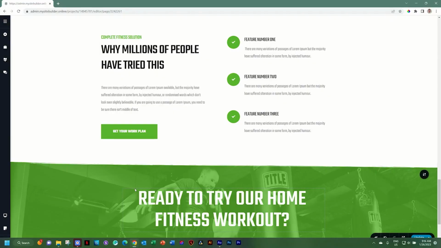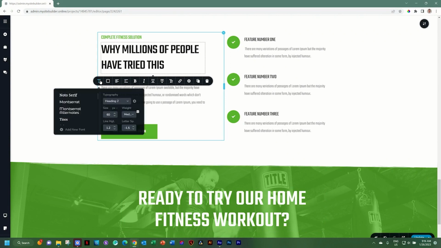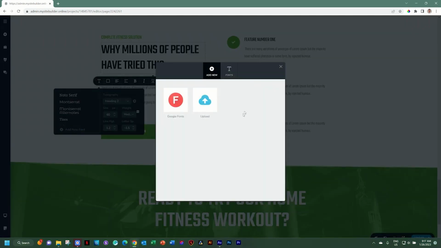Font management is done directly within the Builder whenever you work with a text element. I'll select this heading that I've created with the text element and go all the way to the left for the T for typography. You access it here by Add New Font. The splash screen that appears gives you the opportunity to add new fonts, but let's look quickly at the Fonts